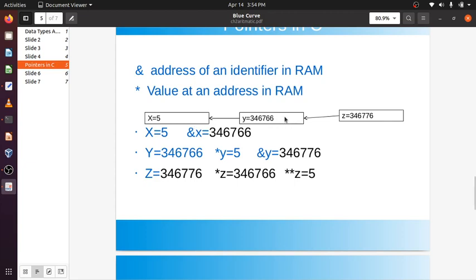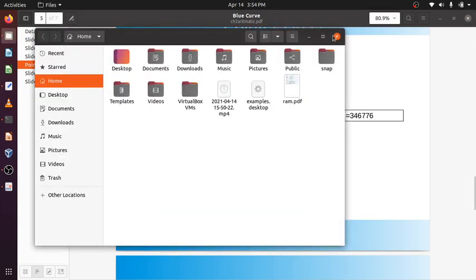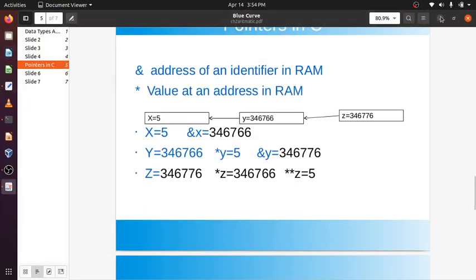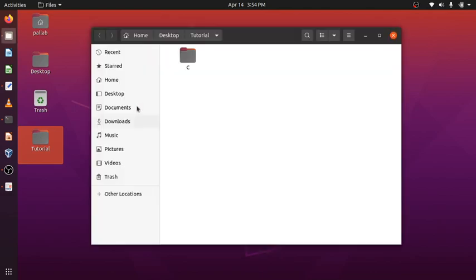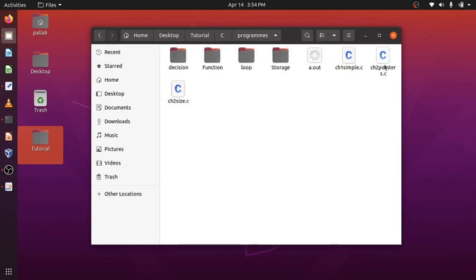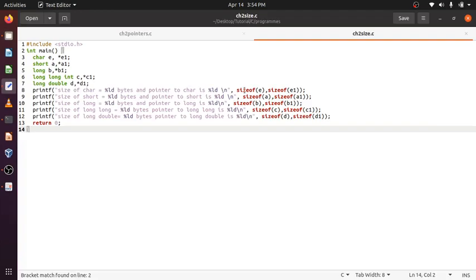A pointer to any variable, integer pointer or char pointer or whatever, will always be 8 bytes on this machine. Previously I have told you about the sizeof operator. The sizeof operator on a pointer variable will always give a constant of 8 bytes.